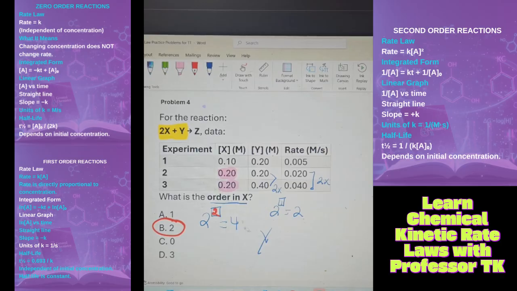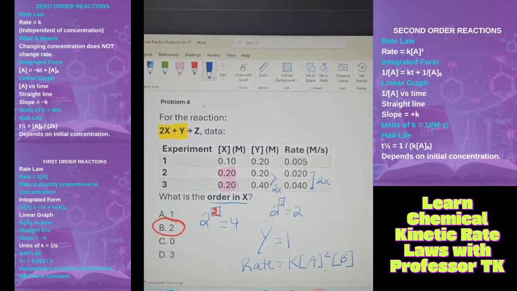Because that's first order for y. That's first order as it relates to y, then the 1 is understood, so we do not include that. So when we write out our rate law, we would say rate equals A to the second and then B, just like that, okay? But now let me explain to you that even though we don't put the 1 there, what would be the overall order? So let me go ahead and